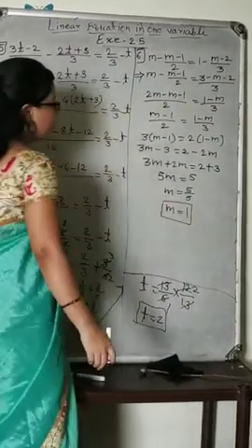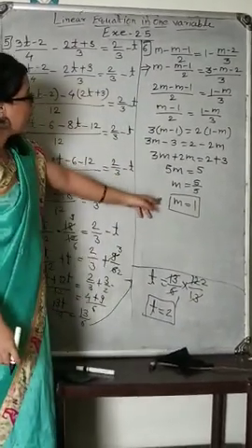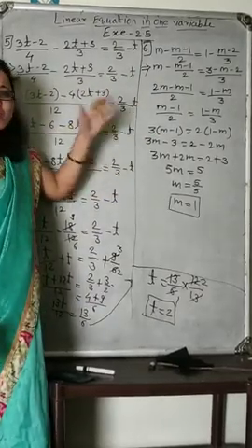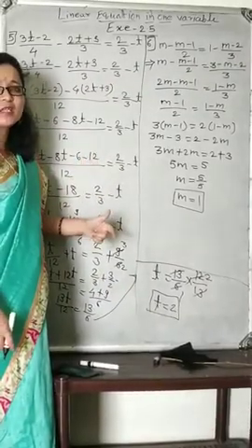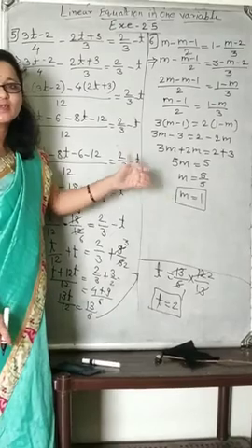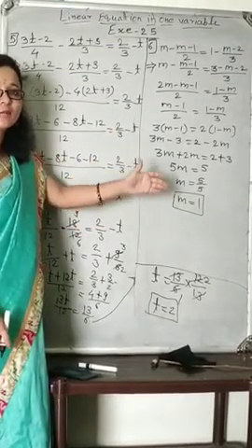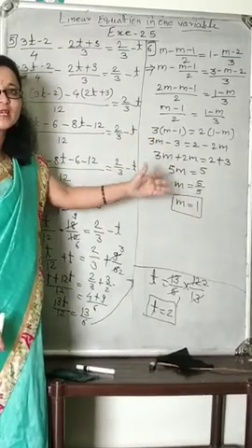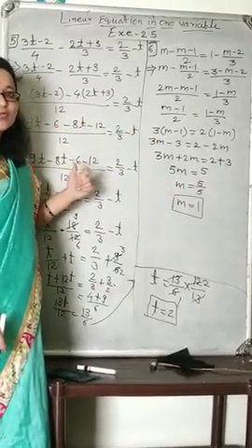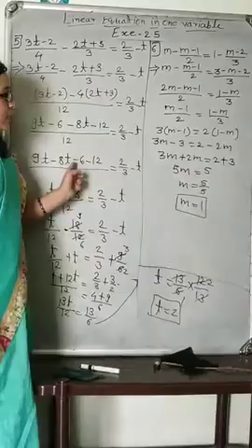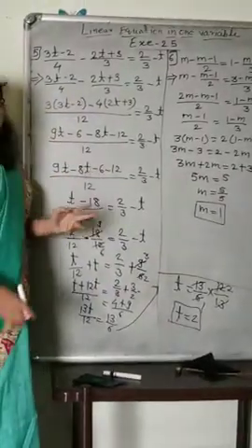Like this way we got the m value here, and in all these examples, what is there? If division is there, when it goes to RHS it will go in multiplication. If addition is there, when it goes to RHS it goes in a minus, or if minus is there in RHS, when it is coming to LHS it will go in a positive. Like this way all these examples are there. Like this way 5th and 6th example is over.